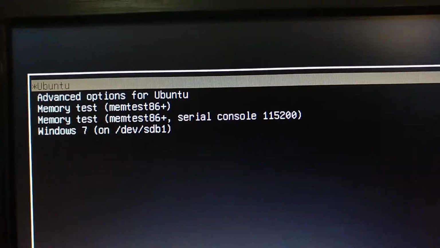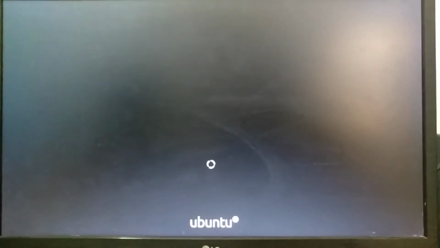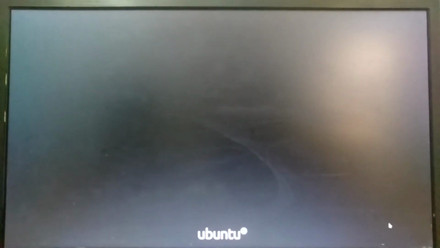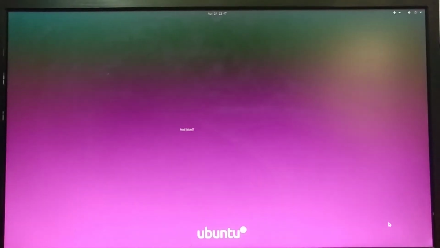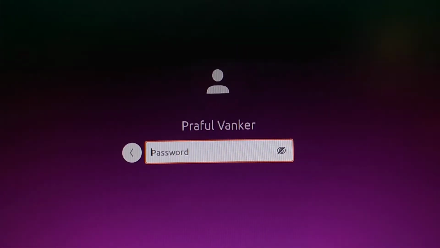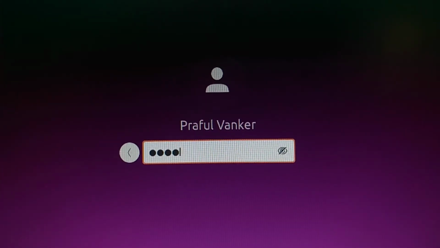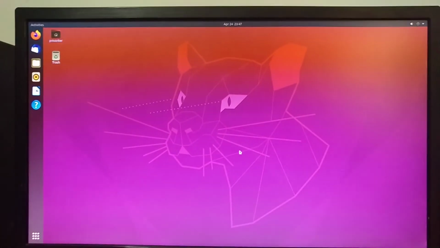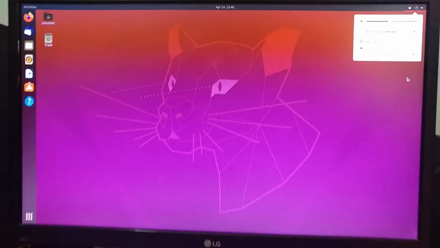I will select Ubuntu first. Let's see if it's working. Yes, it's working. Praful Vankar, give my password 1234, enter. That's our Ubuntu, the latest Ubuntu 20.04.